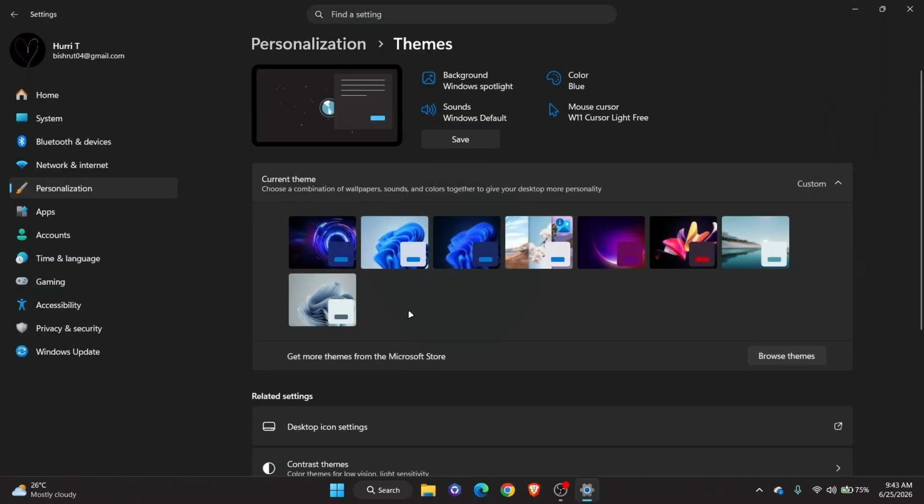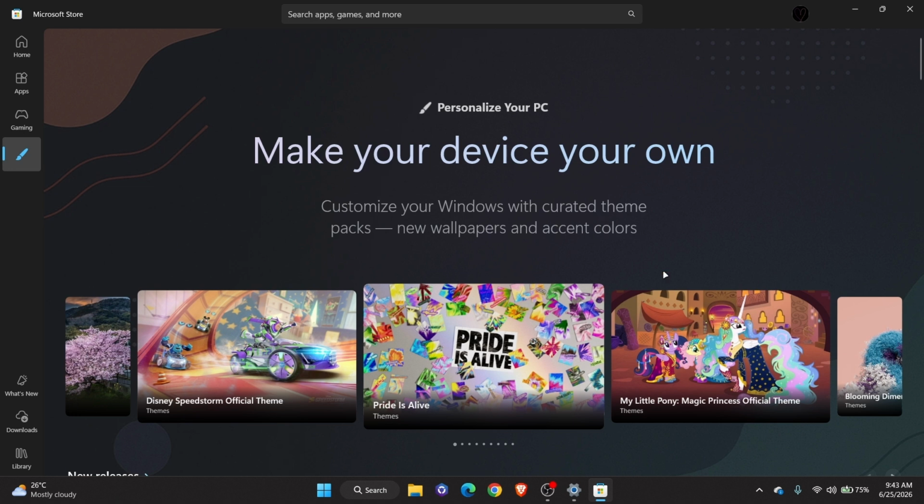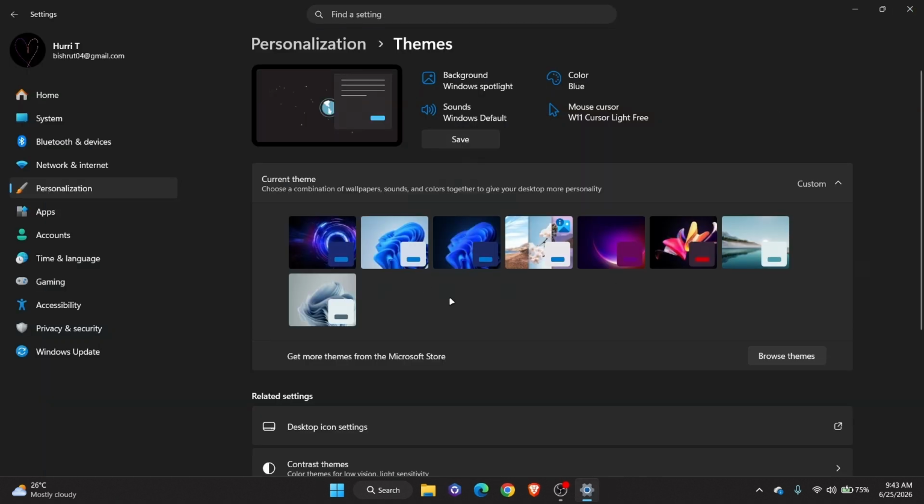At this point, you'll see a selection of themes already available on your device. After that, if you want more themes, scroll down and click Browse Themes to open the Microsoft Store, where you can download additional free themes directly. From here, once a new theme is downloaded, it will appear in your themes list and you can apply it